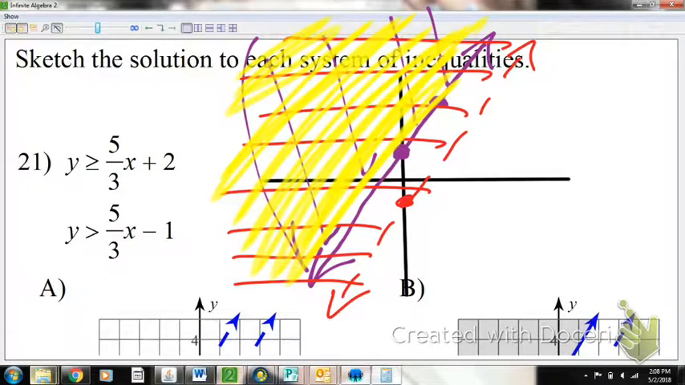With parallel lines, we could be above both the lines, below both the lines, between both the lines, or if you end up shading opposite directions, you would have no solutions. So that is the